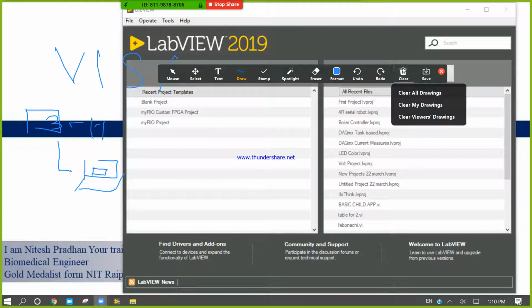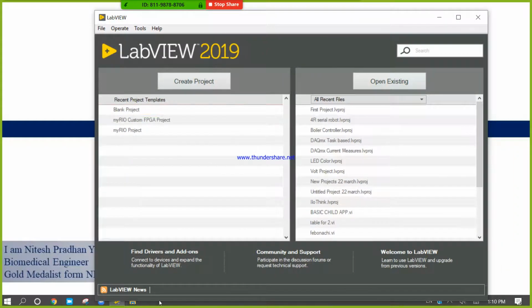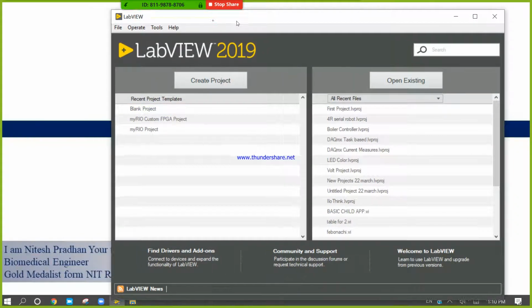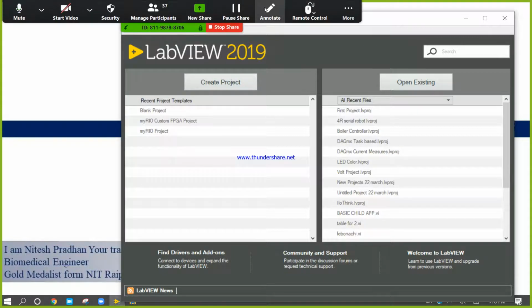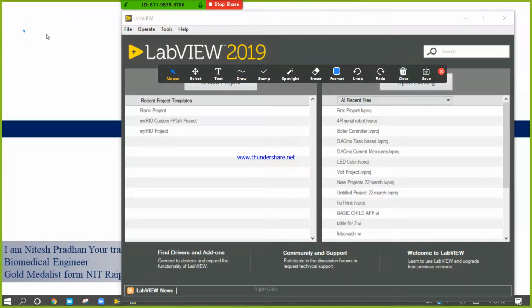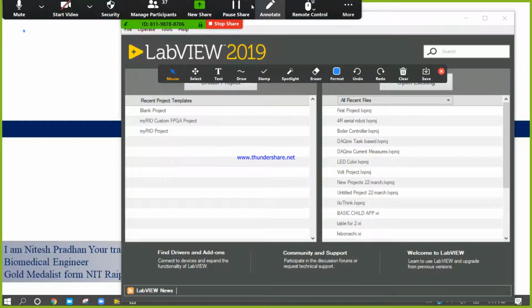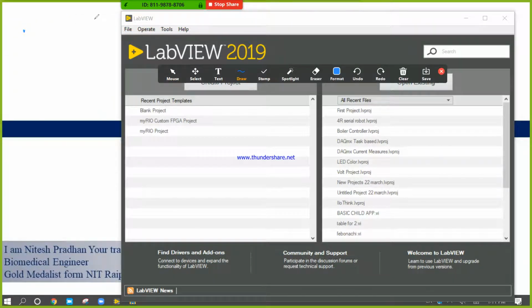Now let's see the main entry window. As I said, when you save any C file, the extension will be .c. When you save any MATLAB file, the extension is .m.